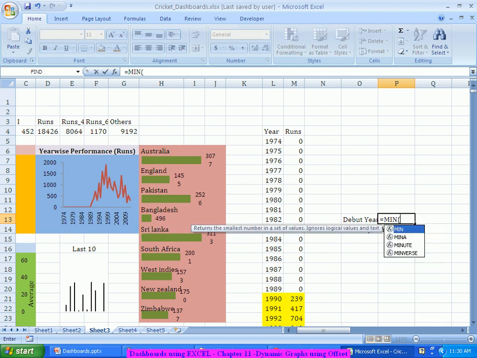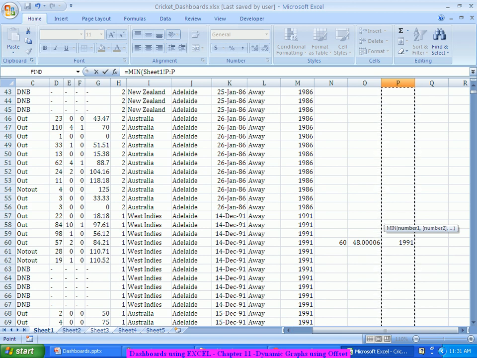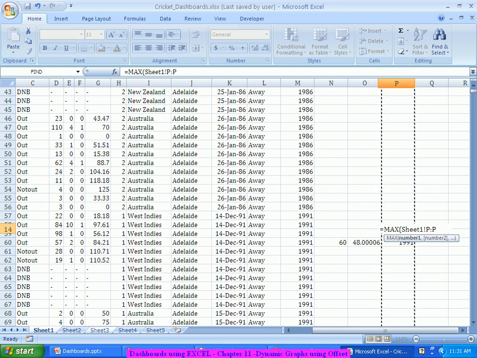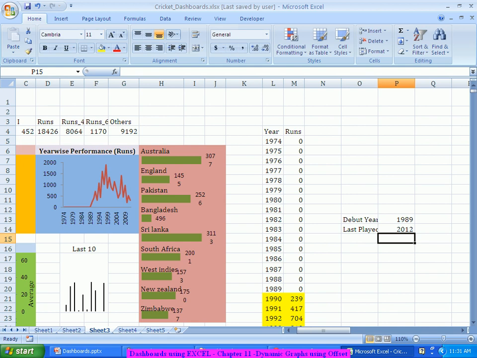So I'll simply say the minimum of this column. So it says that he has played in 1989. And again, when I say maximum on this same column, it says that 2012 is his maximum year. Now I'll create an offset, which will start from here, make a journey. How many rows does it have to go down? It will go down up to